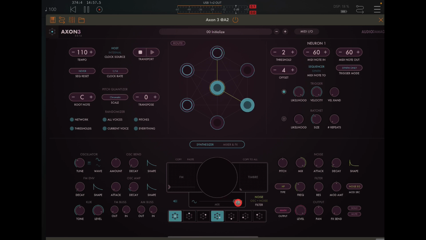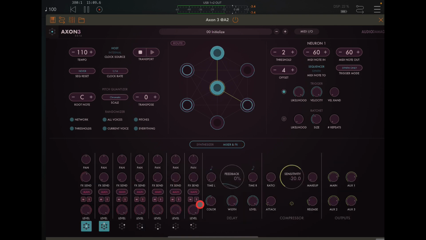There's neuron 1 now, don't forget. So just having this mix. Have that with some, this one now, let's